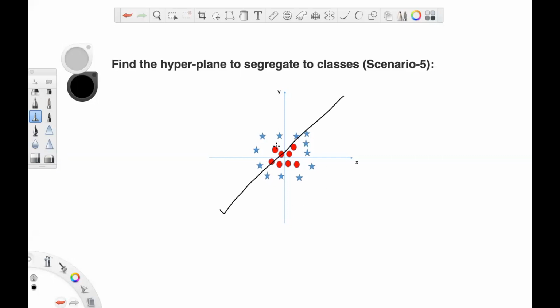There is no such line on this plane or on this screen that can linearly separate these two classes, the red dots and stars. So what can we do now? Any guesses?